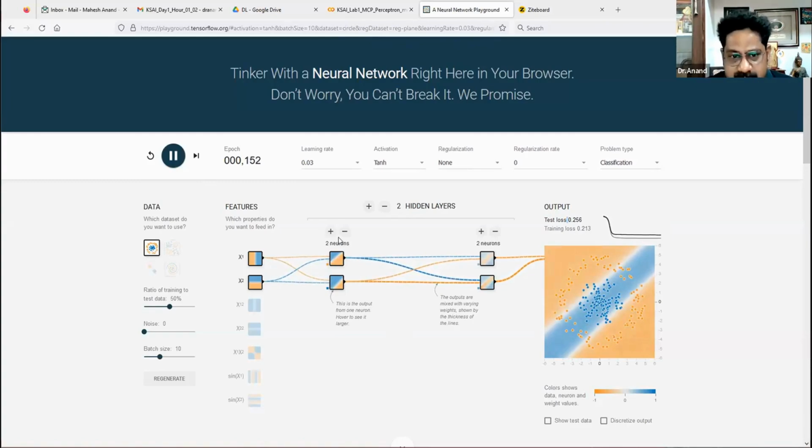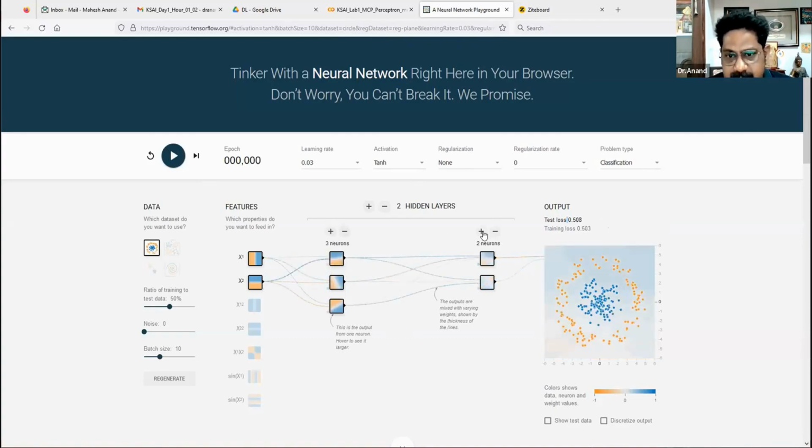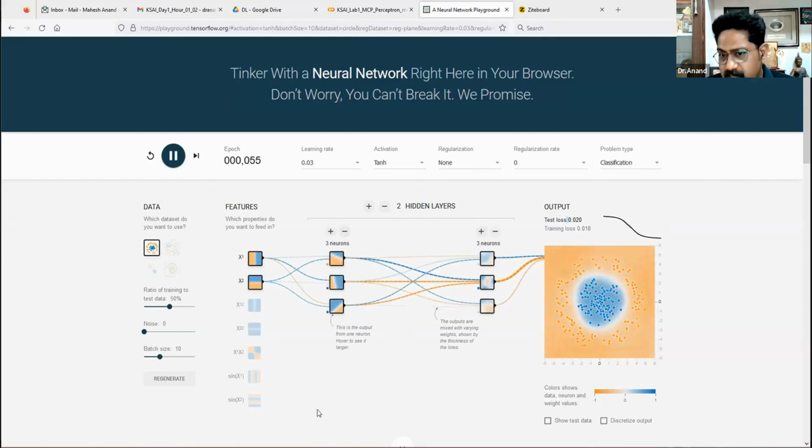Okay, to make this process a bit quicker, let me reset this and make it big, because I don't want to wait for too many iterations. With the 3 neurons, can you see I got a beautiful circular boundary very quickly. No matter the time, it's less than 100 epochs. Your training error and test error. This also looks like your support vector machine. Whoever has gone through support vector machine, this looks like your radial basis function kernel, isn't it? Your radial basis function is like a circular kernel,